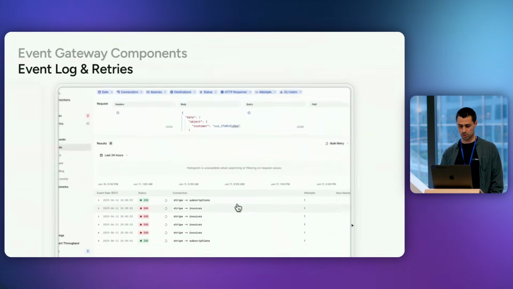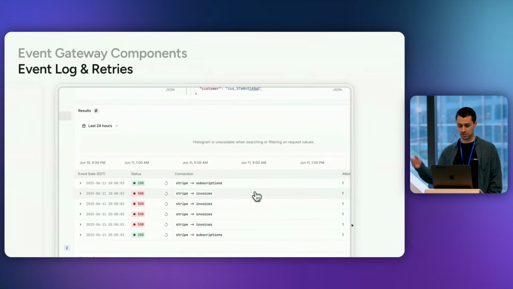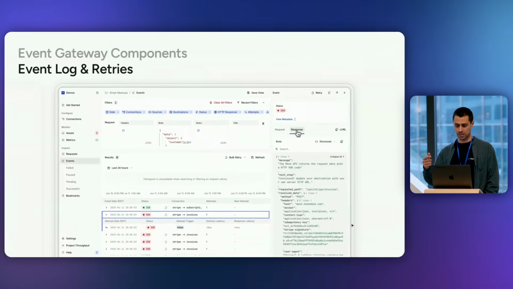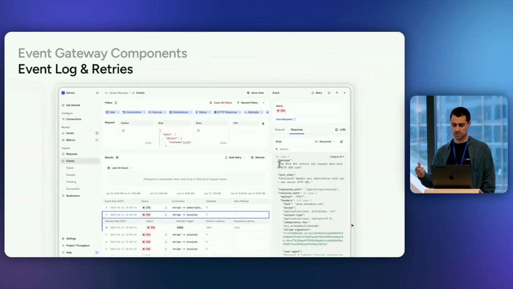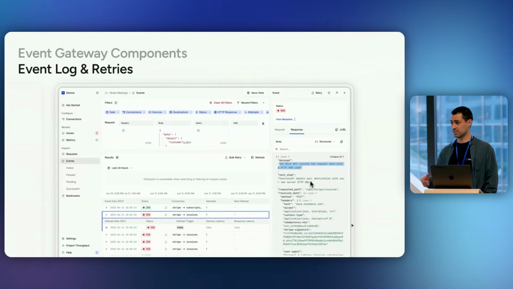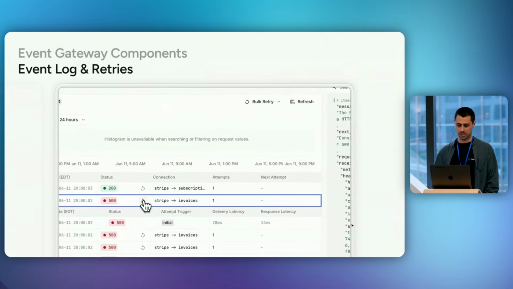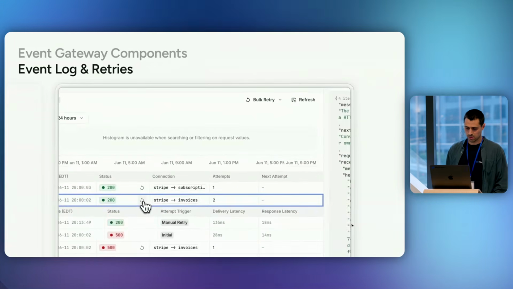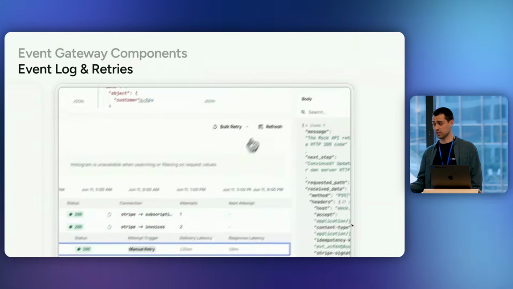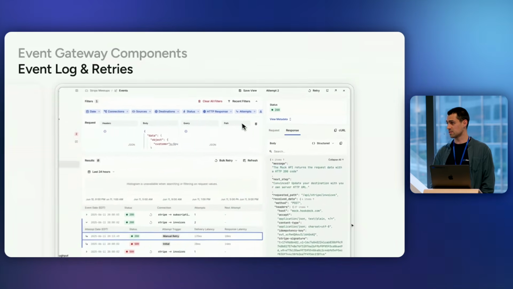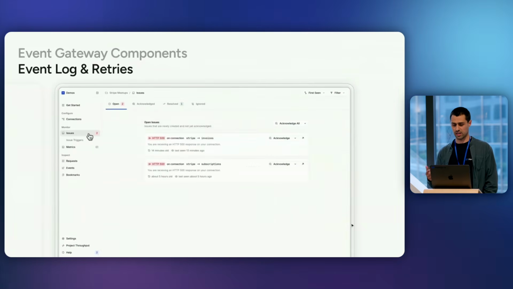And so now I can see there's multiple events associated with it. In this case, there's invoices that actually failed. I have a 500 error. So what I'll do is open it. I actually know what the error was, and so I know now that it's been fixed in the meantime and it's safe to retry. So I'll go in and retry that specific event. Now it's been redelivered, and I see that's 200. I'm feeling confident that the problem has been fixed, but I still need to deal with every other error.